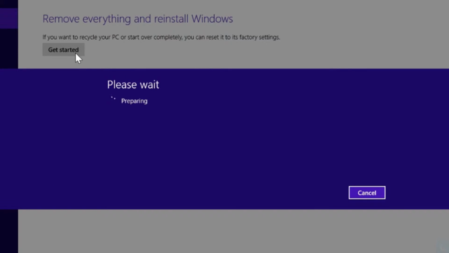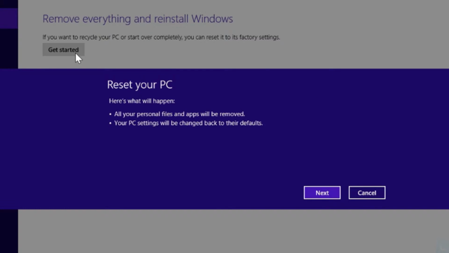After that, you may have to insert your Windows installation or recovery media. When you insert the media, you can review what reset will do to your system and click Next.